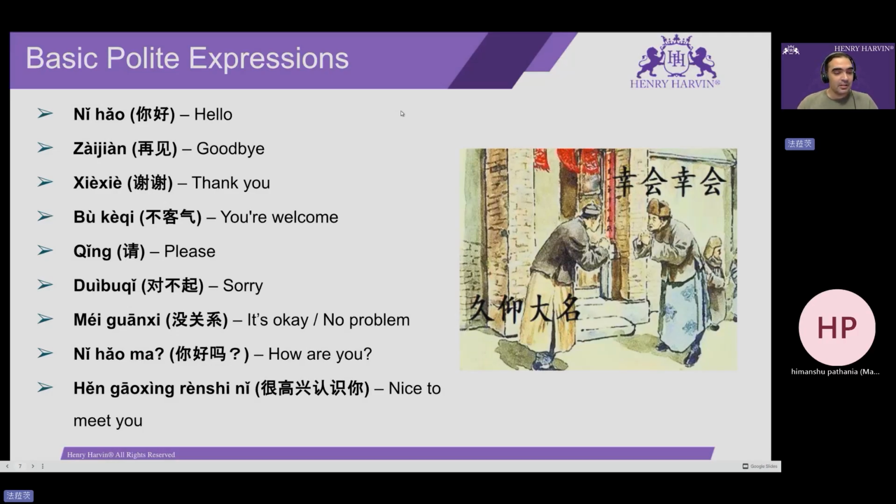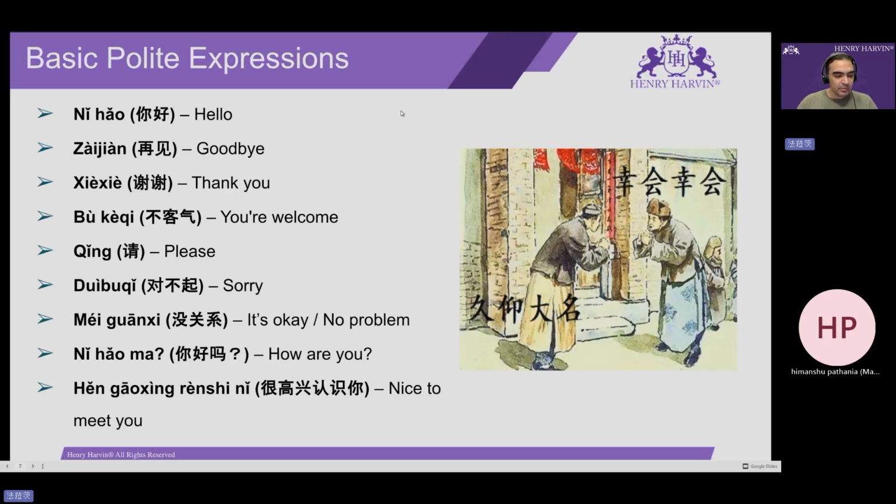And the expression that we already studied before, 你好吗? How are you? Which we already studied in the previous slide. So I think you guys should be clear about this. And then the final one we have 很高兴认识你. First of all, in order to understand this expression very well, we have to break it down in parts to understand it better. So it generally means nice to meet you or nice to know you.